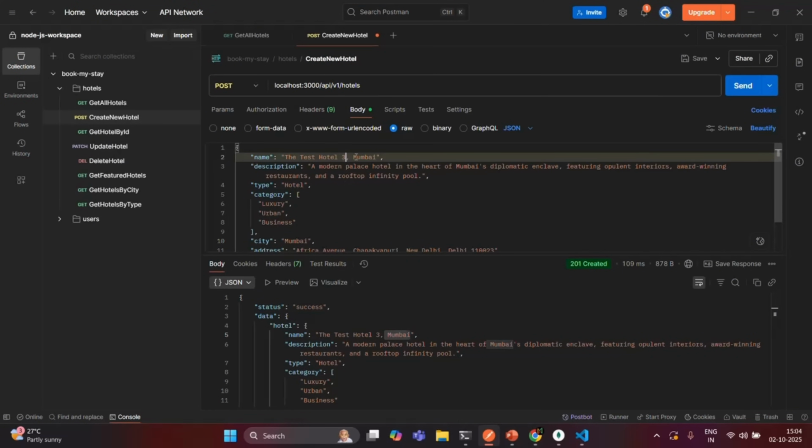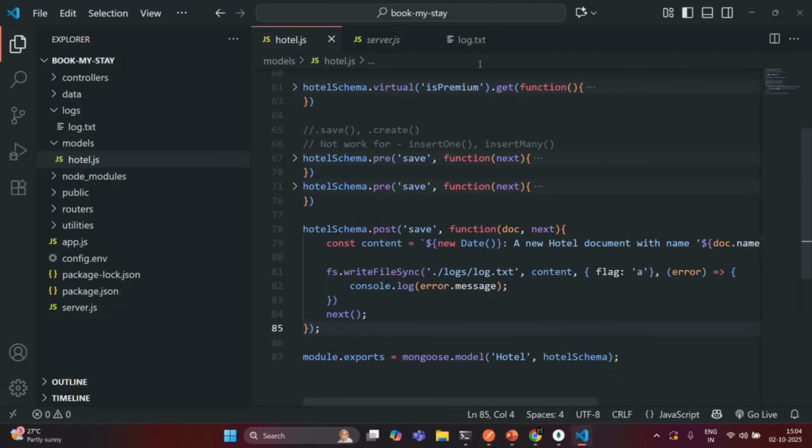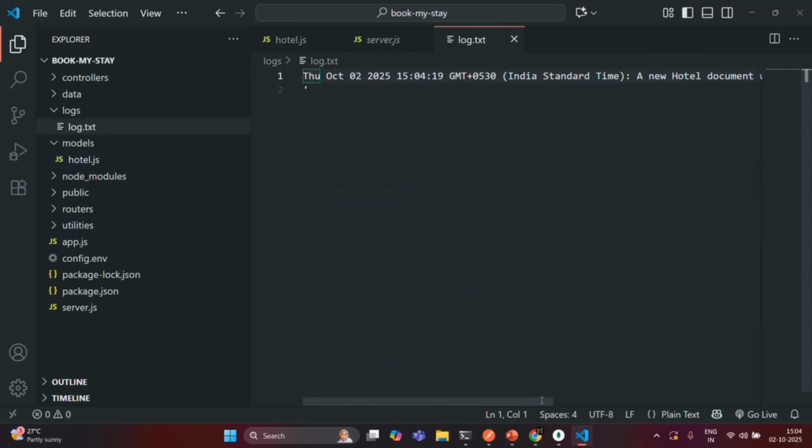I'm going to call it hotel 4, and the rest of the things I'm going to keep the same. If I send this request, we have received 201 Created. So hotel 4 has been created. Now if I go to VS Code and open the log.txt file, you'll see that a message has been logged. First we have the current date and time, and then we have the message: a hotel document with the name test hotel 4 Mumbai is created by, and then the name of